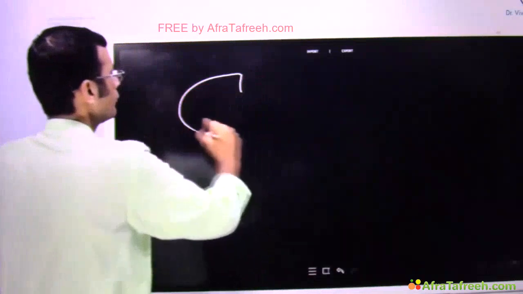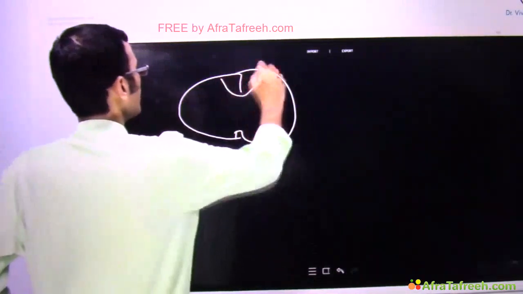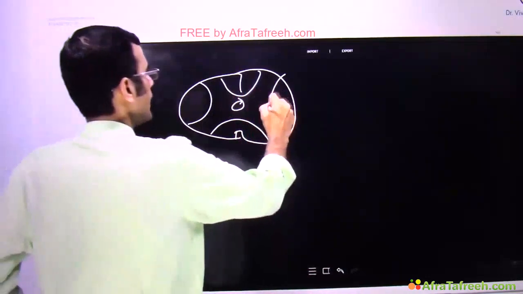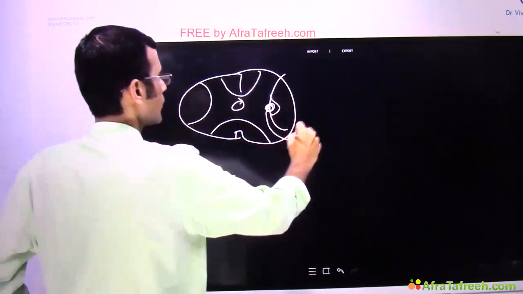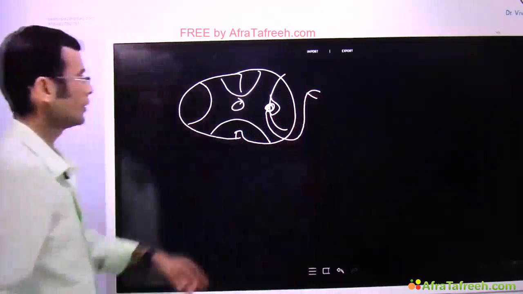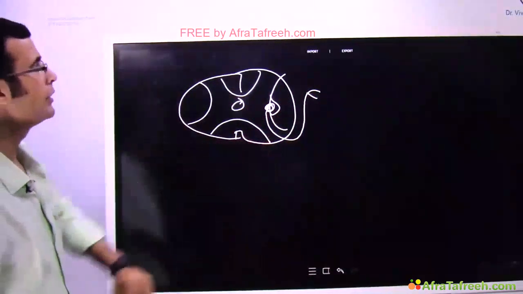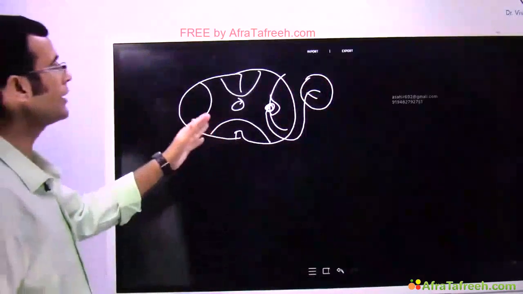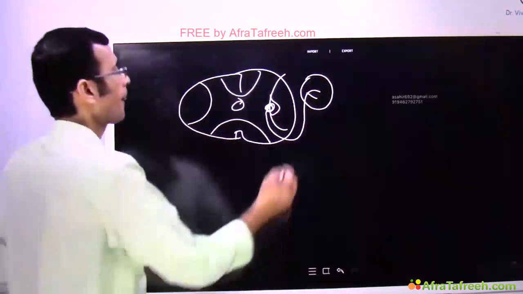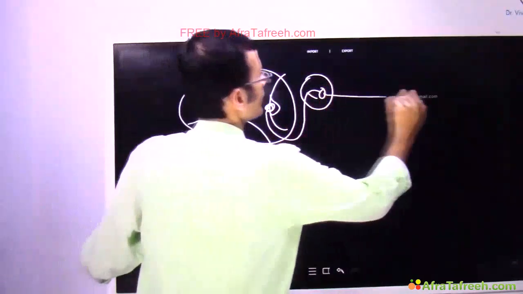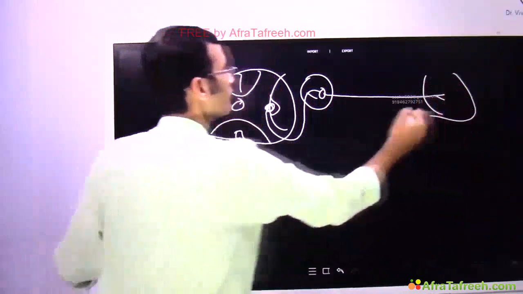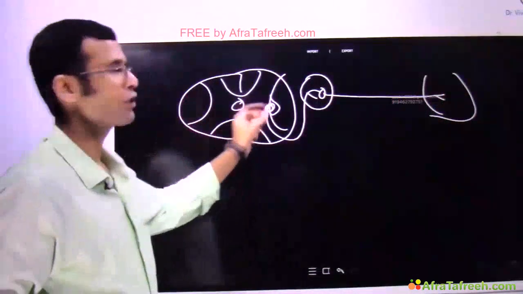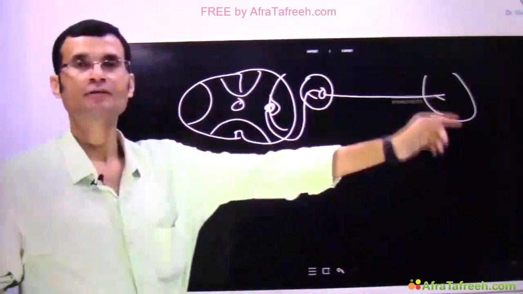Now, if you see the difference between the sympathetic and parasympathetic nerves, note this fact: the sympathetic nerves, as they come out of the spinal cord through the anterior horn, immediately synapse in the ganglion. The ganglion is located just outside the spinal cord, and then the postganglionic nerve will travel to the organ. So the point that I am making is, the preganglionic nerve is short and the postganglionic nerve is long.